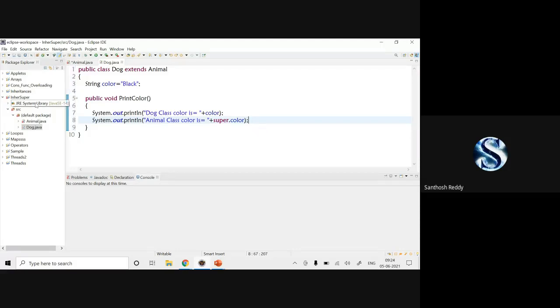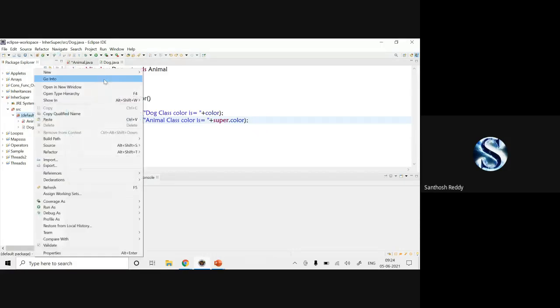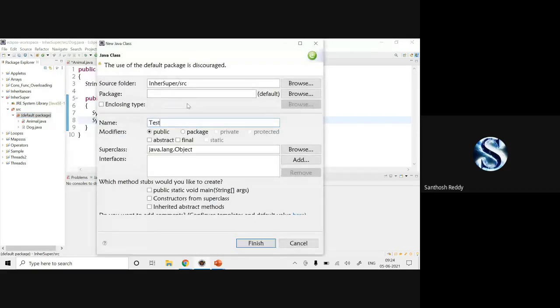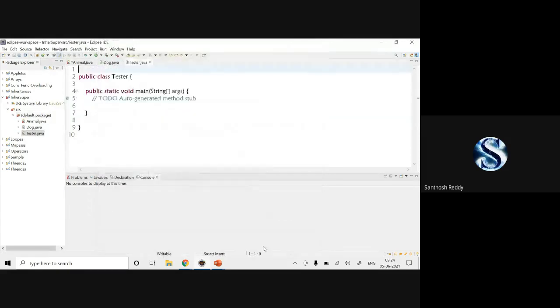Now save this code. I'll create another class, the Tester class, and include the main method. Just click on finish. Now can anyone tell me for which class I can create an object? Dog class. So I'll create Dog d is equal to new Dog(), open and close parenthesis.